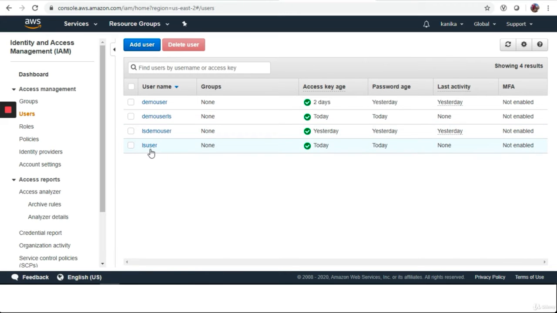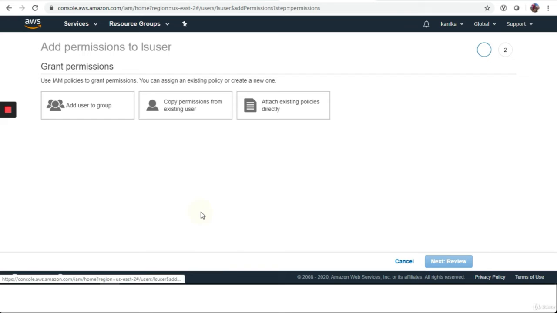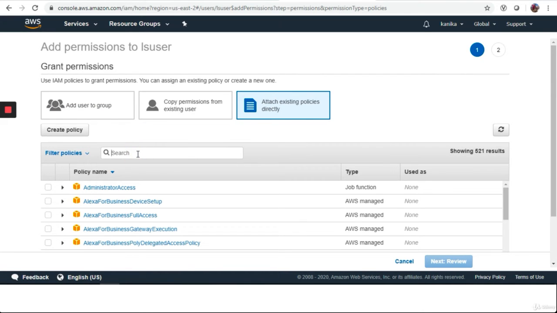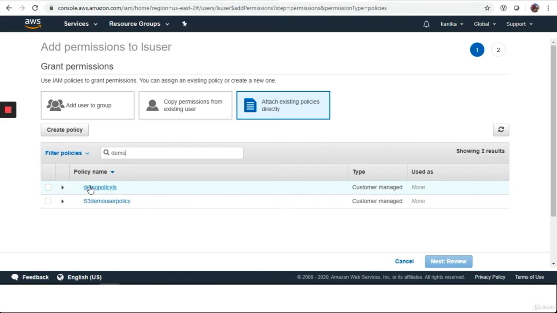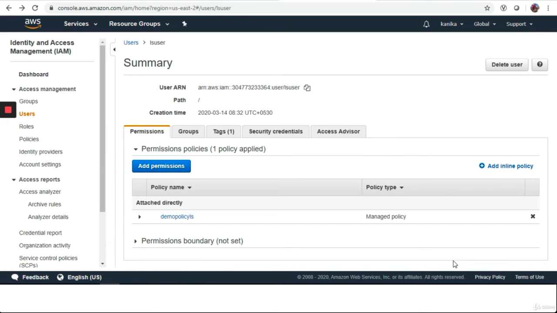Simply we'll navigate to the user and attach the policy. That is, I'm adding the existing policy which I just created to my user. So in this, what I am doing is I'm allowing a person to access my S3 bucket. Okay. Now let us go finally